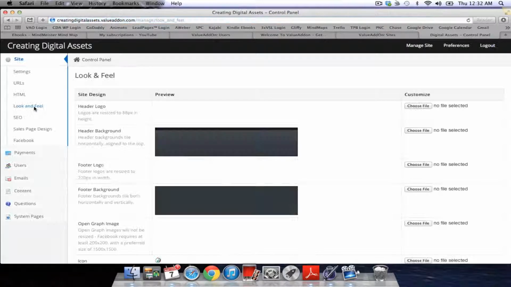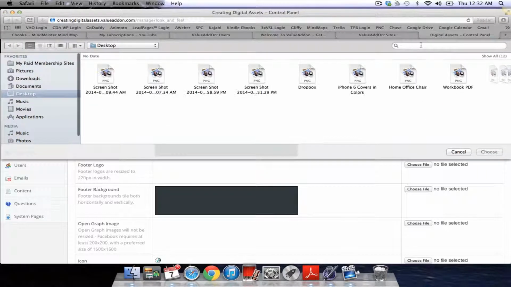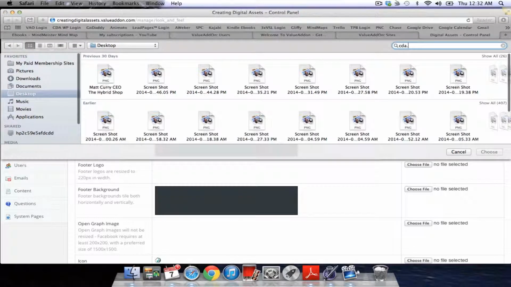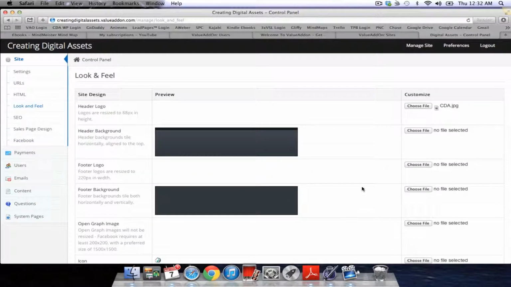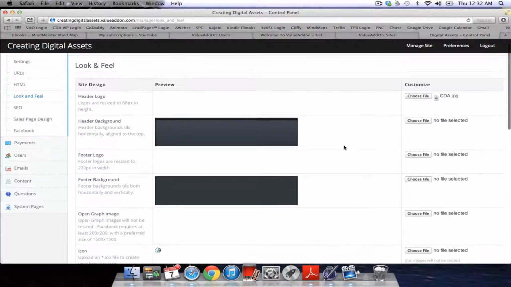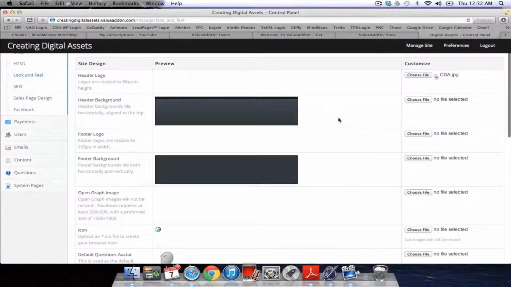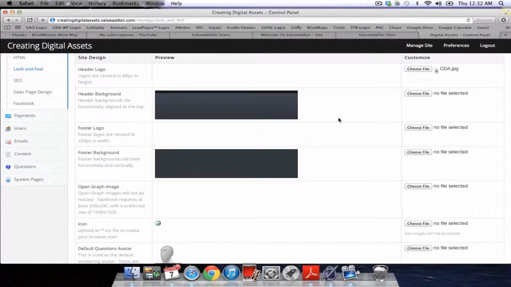Look and feel, this would be branding. So you can choose a file for your brand logo. So I'm going to do cda.jpg for my header. Let's put that in there. And header background, you can just leave it there or choose a different color, different gradient.